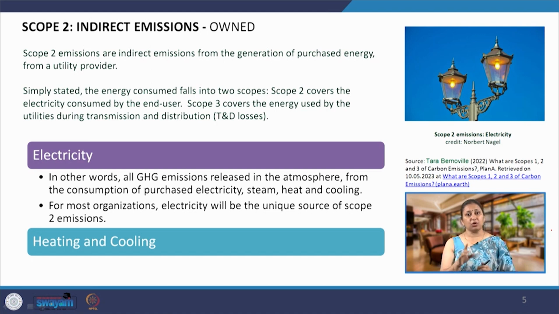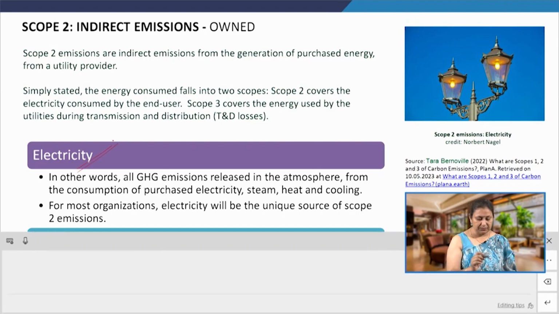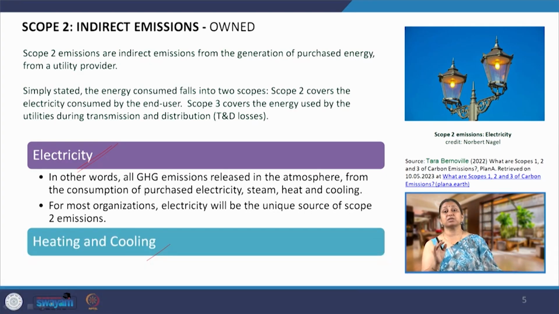So, direct emissions are from the resources which are controlled and owned by the company. Scope 2 emissions, which are indirect emissions, are also from the company owned. Broadly, there are 2 categories, one the purchased electricity and the other the purchased heating and cooling. So, there is no direct emission happening at the facility within the organizational and operational boundary of the company. It is emission which is happening somewhere,